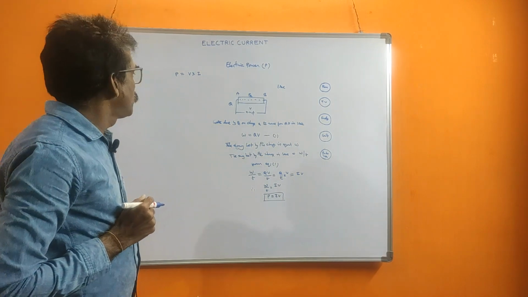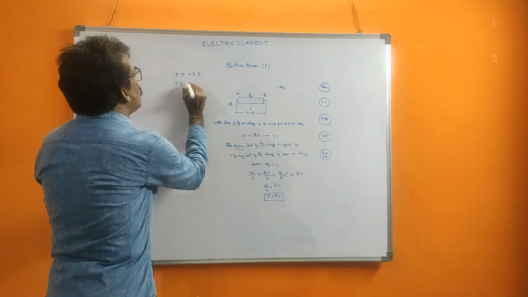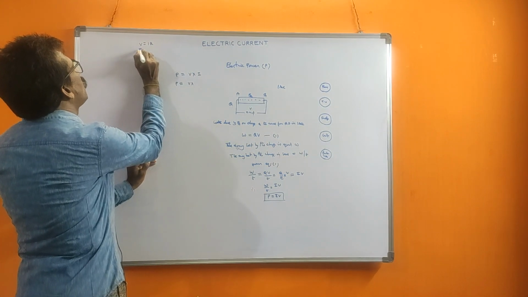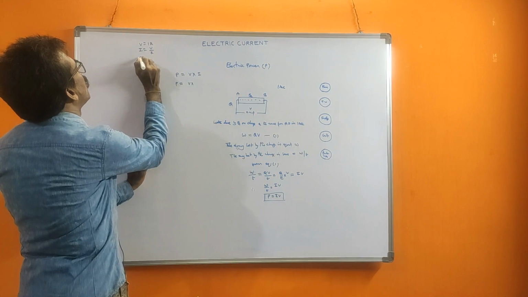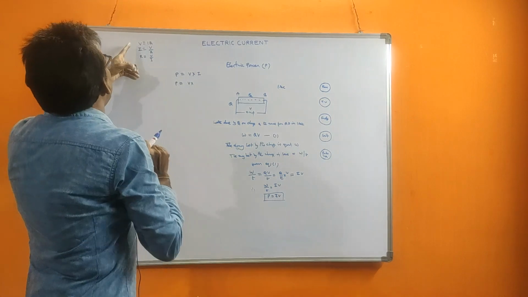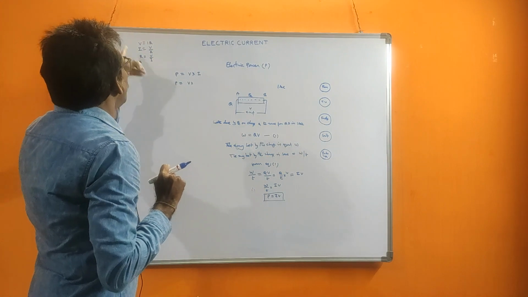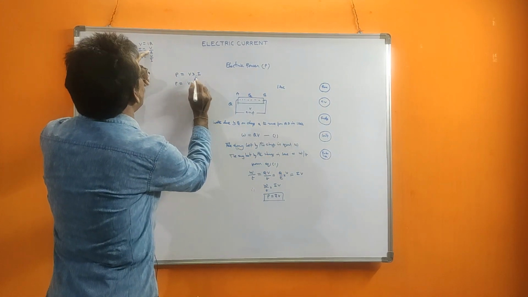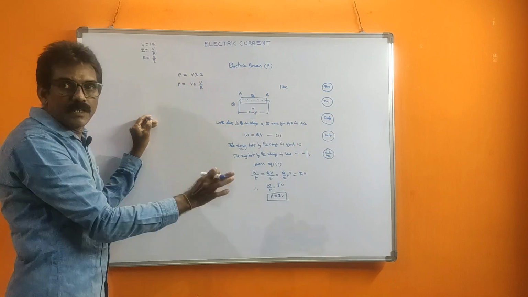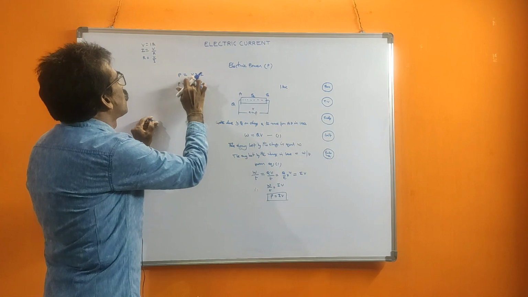Okay. By this we can derive some more equations. I will leave V like this only. By Ohm's law we know V is equal to IR, I is equal to V by R, or R is equal to V by I. So now instead of I we can write V by R. According to power, P is equal to V into I. Power is equal to voltage into current.